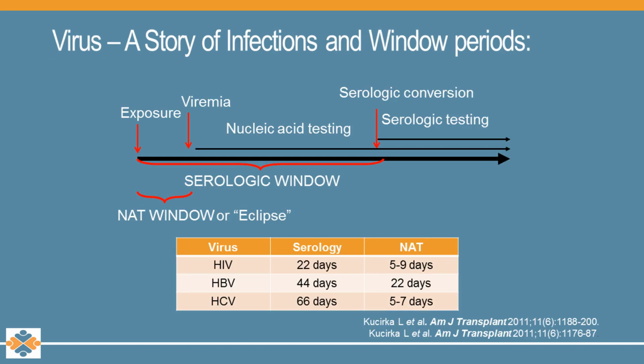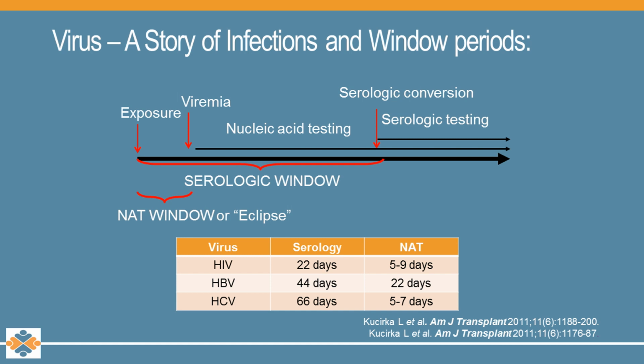So let's talk about what we're sort of going through. So obviously there's window periods both for serologic testing and NAT, and that certainly helps us, like it's looking specifically for the virus, not just your response to it. Certainly has helped us, as that table shows, cut down the window period pretty dramatically, certainly for Hep C and HIV. But there still exists a little period where you may have a little bit of hepatitis or HIV in your blood, enough to infect a donor, but not enough to be turned positive on the test. And that for the NAT at least is our eclipse window. And it still sort of exists really out to 5 or 6 days.